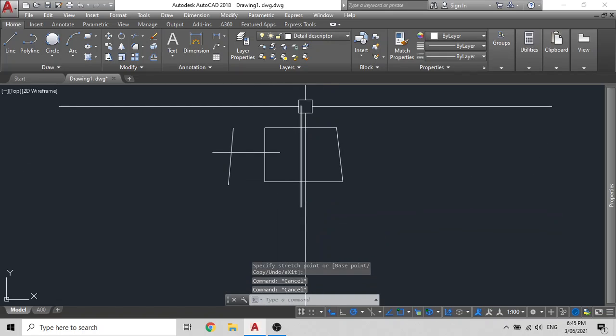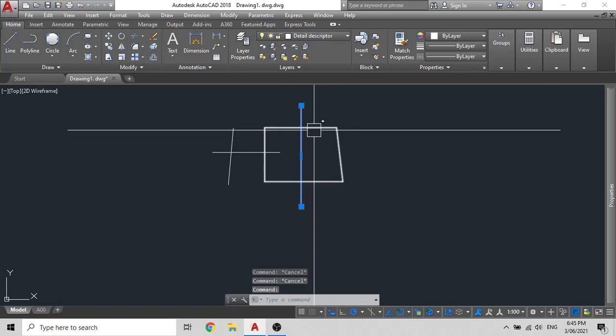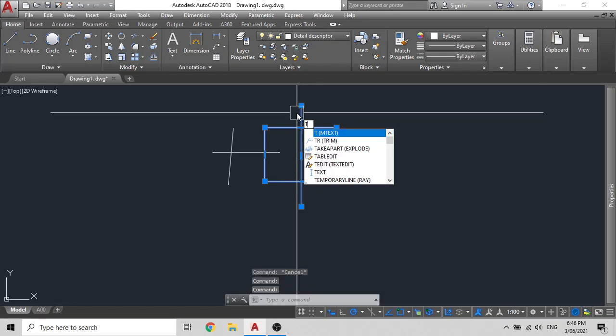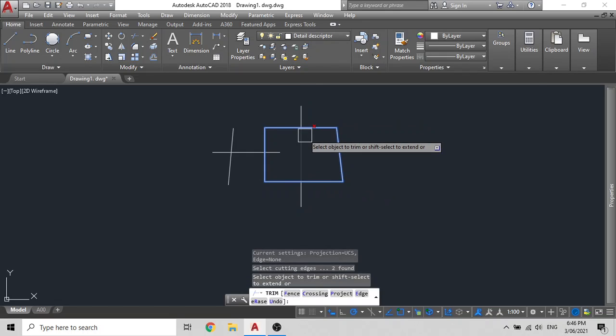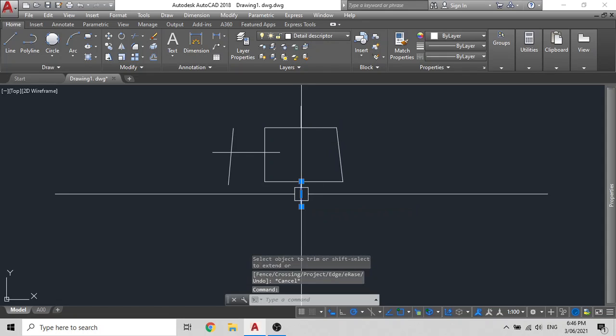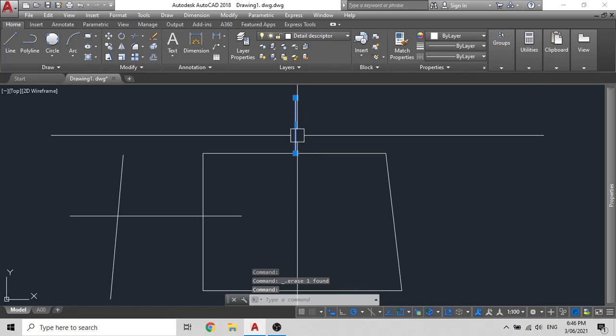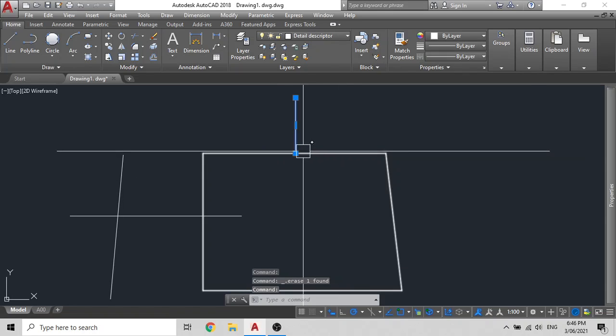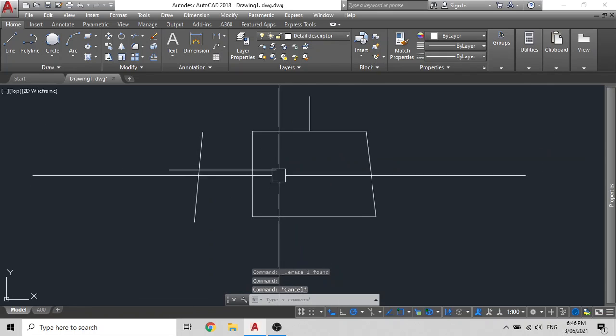So if you wish to trim this line so that it does not extend beyond this plane, what you do is select your line, then type TR for trim, then press enter, and just delete whichever one you wish for it to exit the plane. Now you can see, this line does not cross this line over here, as you have trimmed it.